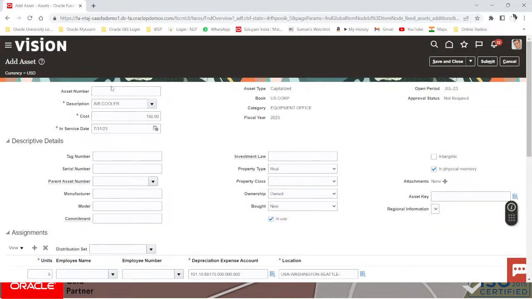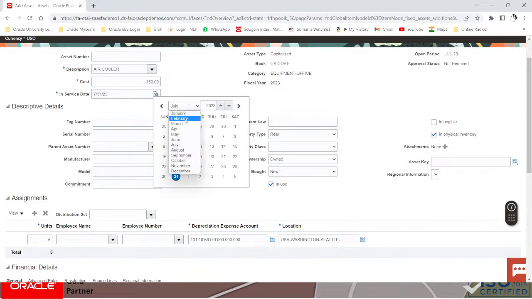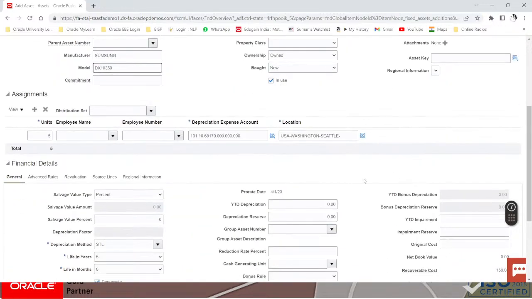So next, the cost is there. In service date, I provide the service date. So I will provide April as my service date, the 1st of April, and the tag, you can provide the tag number. So I say cooler 01 as the tag. You can provide the serial, or you can say manufacturer as Samsung, and the model I can provide TX10, the model, and the owner. Out here the location, you can provide the employee name, right? So you can provide the unit, you can split the unit out also out here,